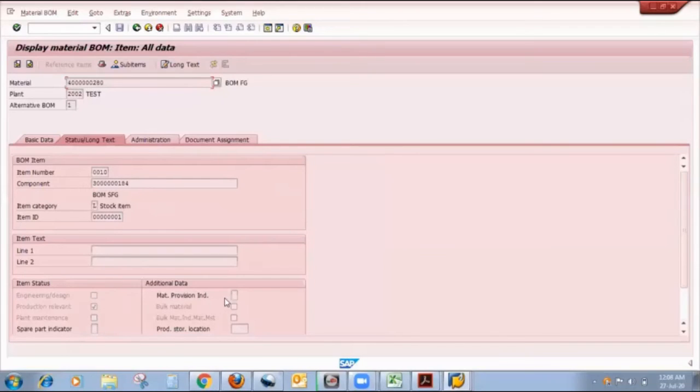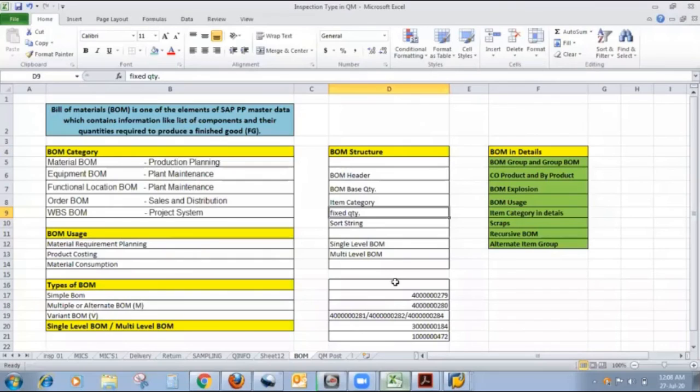Then again, material provision indicator, what is bulk material, production storage location. If you maintain some storage location here, during MRP or component confirmation stage, this storage location has first priority. So all of these are small things, but have big impact.